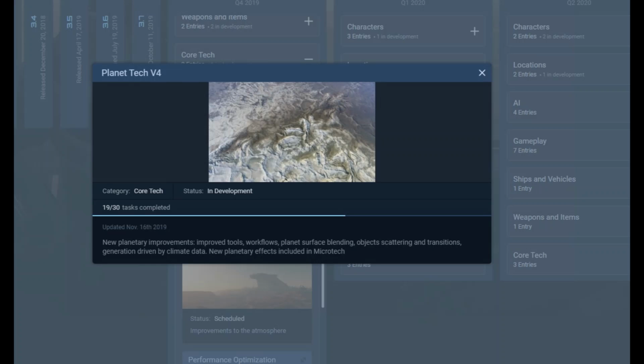here to other objects. Now, the next thing that's very interesting that we see here is generation driven by climate data. What does that possibly entail? Probably this is something that they did talk about. They want to have different flows of air. They want to have a really dynamic atmosphere around planets, where sometimes the weather would be a little bit more stormy, some other places the weather will be calm, and they really want to simulate that entirely on the whole planetary